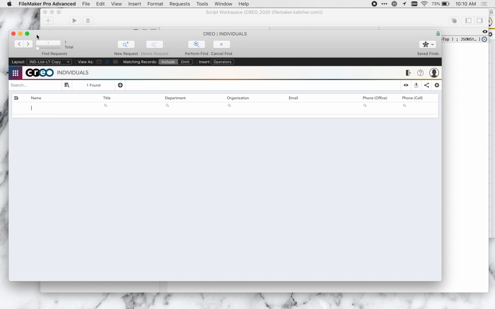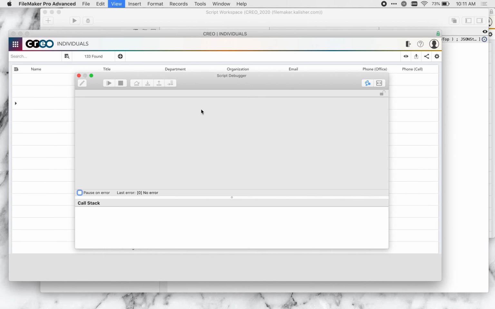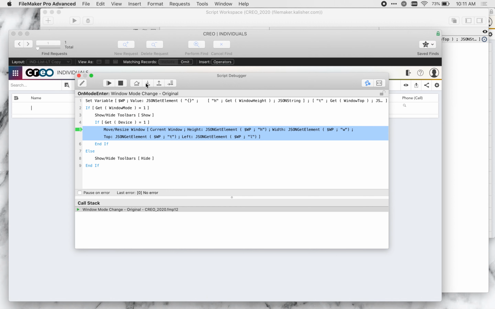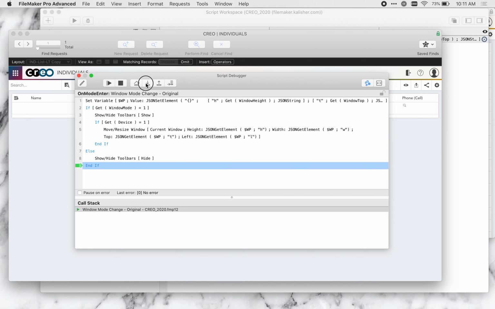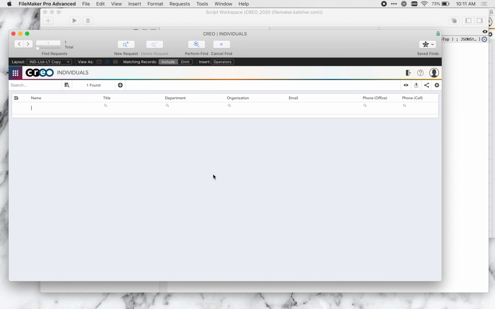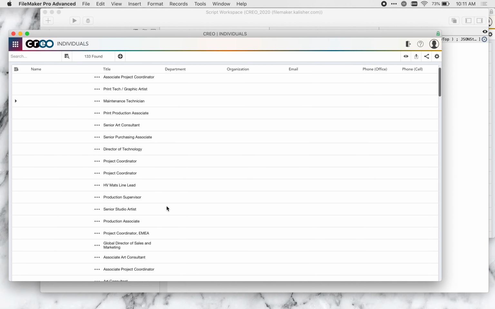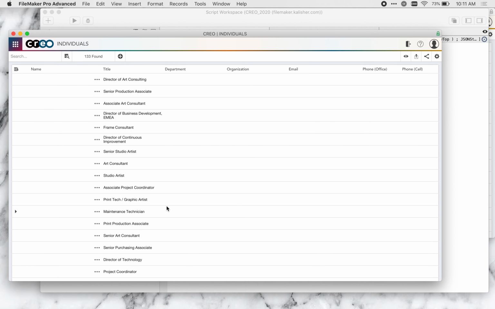Great. Because what's happening is that script is being run and we're showing the toolbars. You can see the window gets bigger, but then we're putting it back to the way it was. But if we were to perform a find, I'm just going to go back to browse mode. You're seeing we're getting this interface glitch. I've had it happen on different layouts in different ways. Sometimes it obscures the header in the top nav area. Sometimes it's doing this down here. The only way to get rid of it is to scroll, but that's not an acceptable